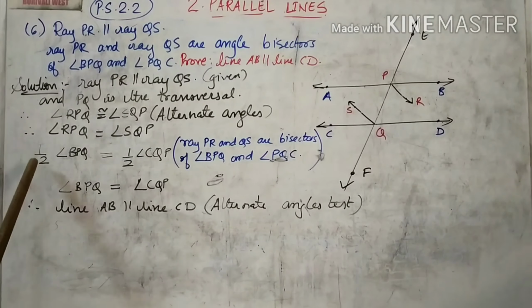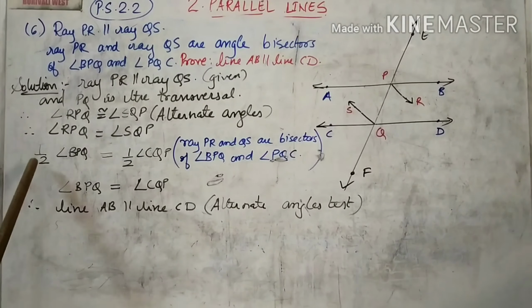Angle EDC plus DCY is 180 degrees, which I use here, the interior angles theorem. Now I have angle EDC as 100, DCY I don't know, and this is 180. So when this 100 will go there, it will become 80 degrees. So angle DCY is equal to 80 degrees. Now once I get this angle as 80 degrees, this entire angle BCY will be 80 plus 50, which will be 130 degrees. And once I get this as 130 degrees, automatically ABC will also be 130 degrees because they are the pair of alternate angles.